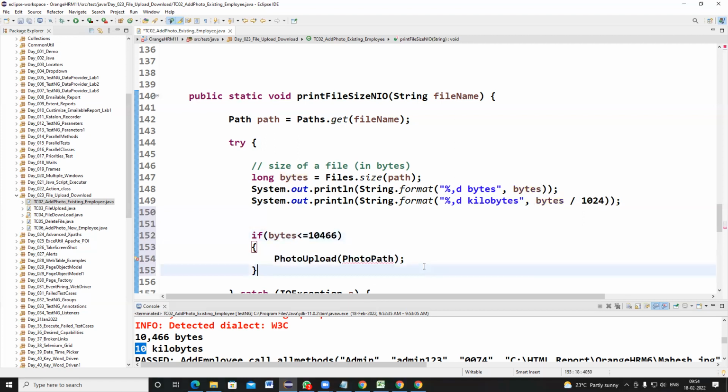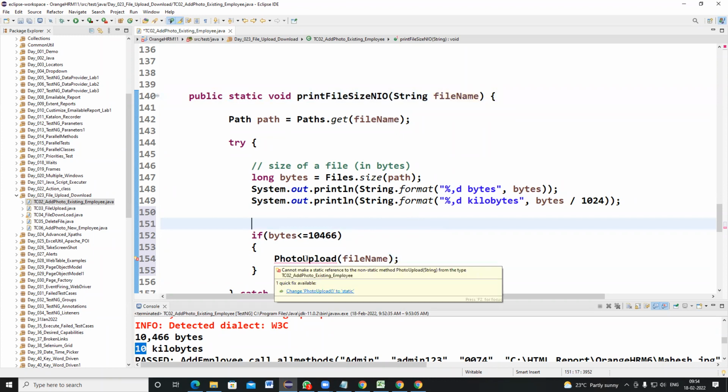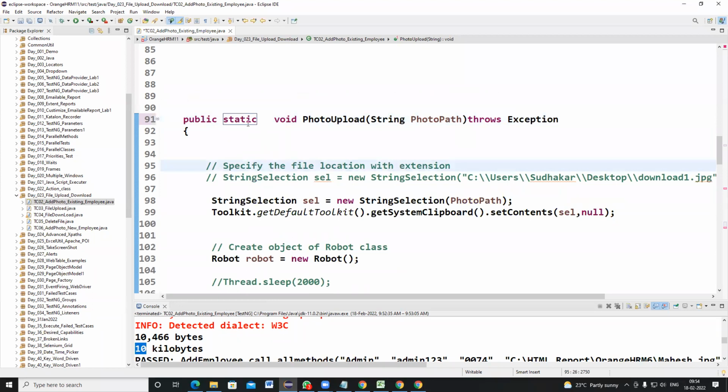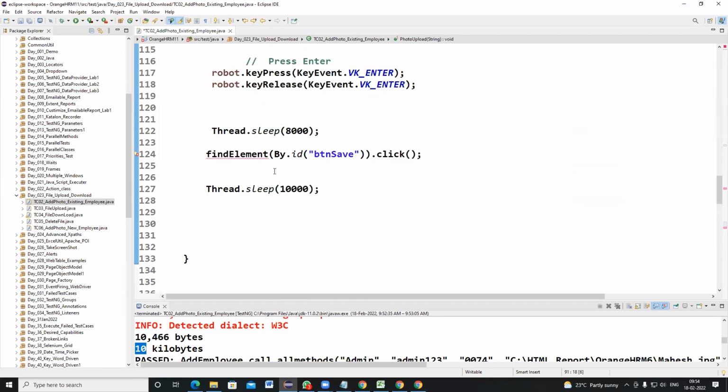So here photo path. So for this method, you can also give file along with the file name. So here you want to upload the file name, right? So this is the file name you have to specify. So and photo upload method, change method to static. So this is the method I have written, static method. So it is asking